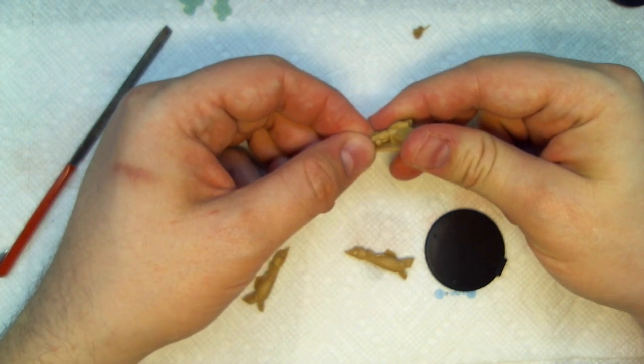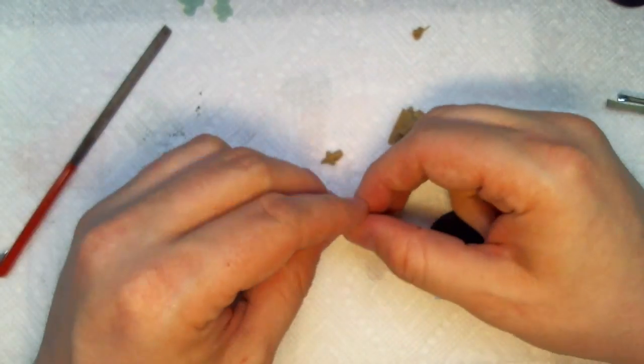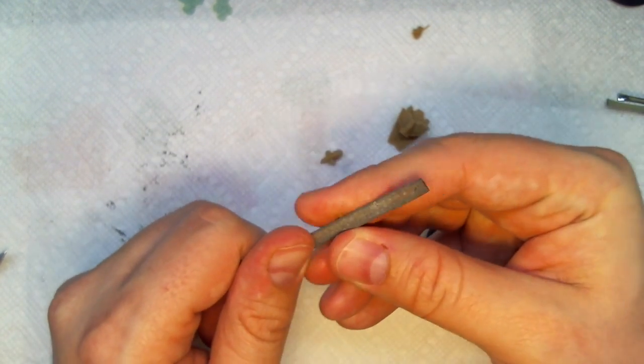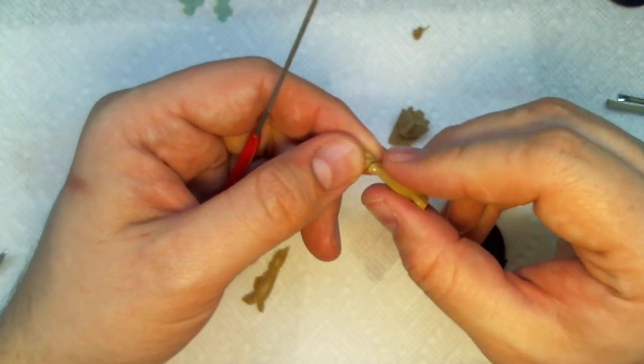So you need to be a little careful about that, and you can also go forward and backwards too if you want. So now next I'm going to finish off the legs. I'm just going to have a few little nubs here. One note about gluing these pieces together is that you have a distinct front on them,